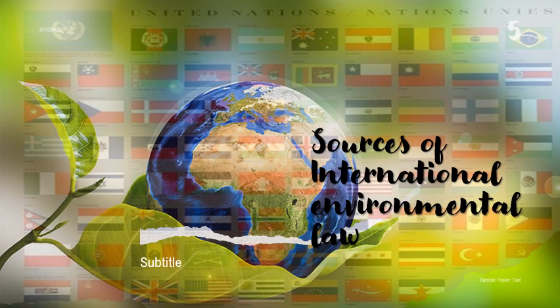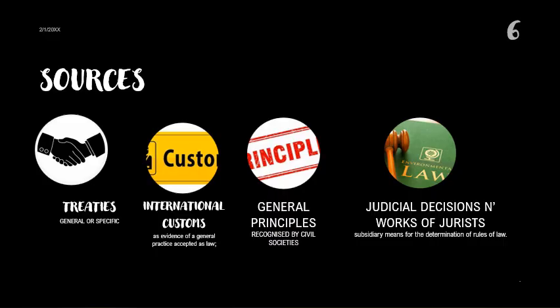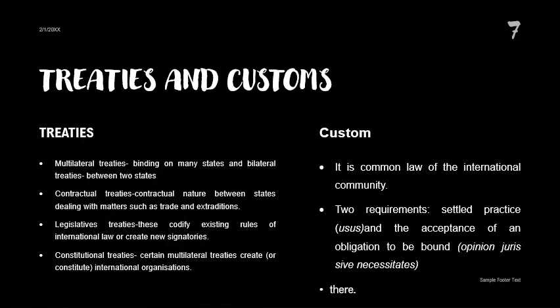enforce environmental law. Now, the sources for international environmental law range from treaties, international customs, general principles, judicial decisions, and the works of jurists. Now, in terms of treaties, we discussed this in class. Most of us are well aware from our international law background of the different treaties: the multilateral treaties, contractual treaties, legislative treaties, constitutional treaties,